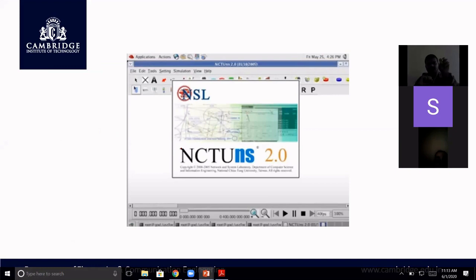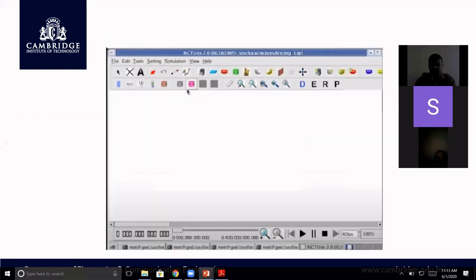Like how you pick a resistor, how you pick a capacitor and place it and connect them. Same way here also, there are different components which are enabled only in draw mode, or design mode. I'll show you. This is the one. You can see here there is something called D, E, and P. You can use those: D is draw mode, E is edit mode, R is run mode, P is play mode. So you have four modes in this NCTNS tool: draw or design mode, edit mode, run mode, and play mode.